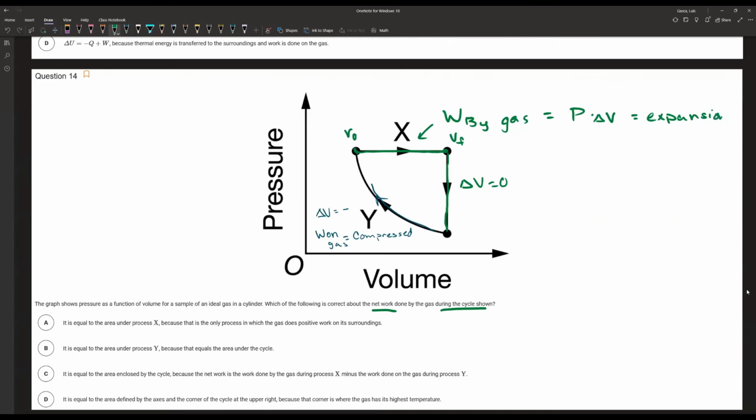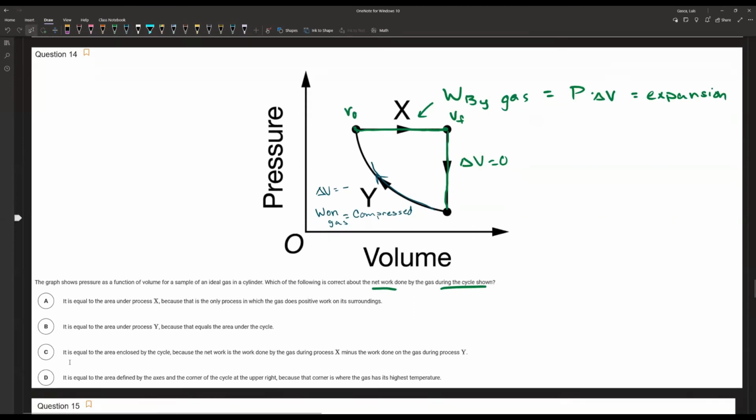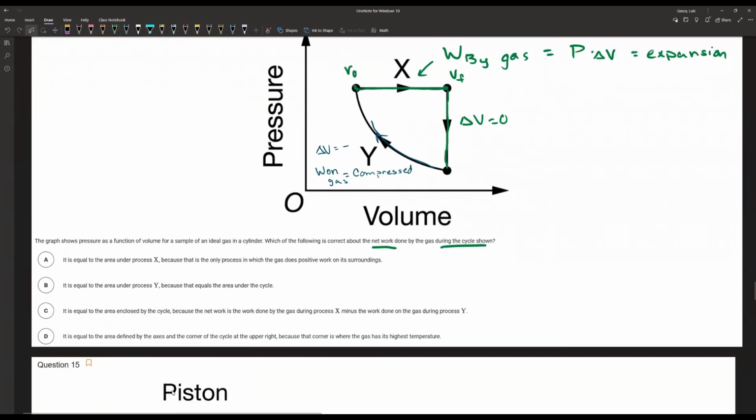So our gas is going to do a little bit of both in each scenario. In one leg of the process, it expands. In the second leg, it does no expansion or compression. And then in the third process, it is compressed. And so if we want to find the work for the cycle, we learn that it is the area enclosed by the cycle. And here they want the work done by the gas. And so it is going to be the area enclosed by the cycle,